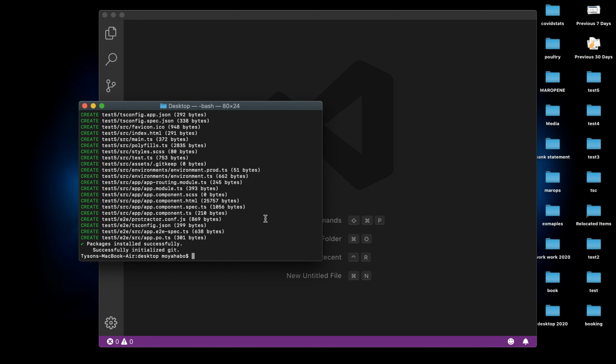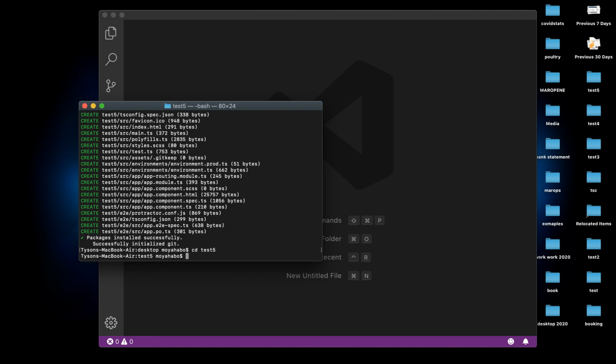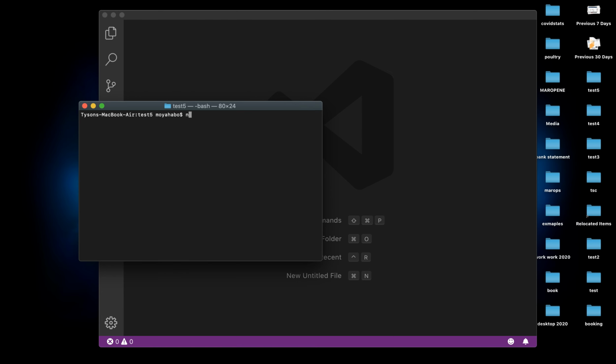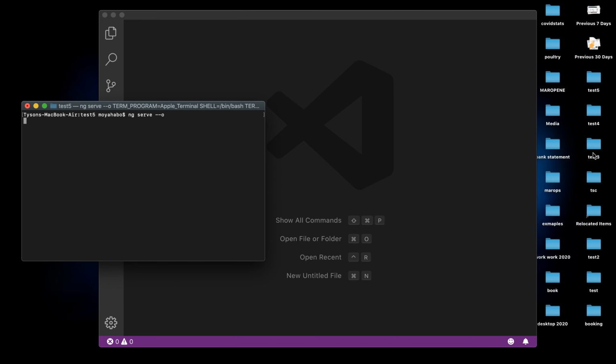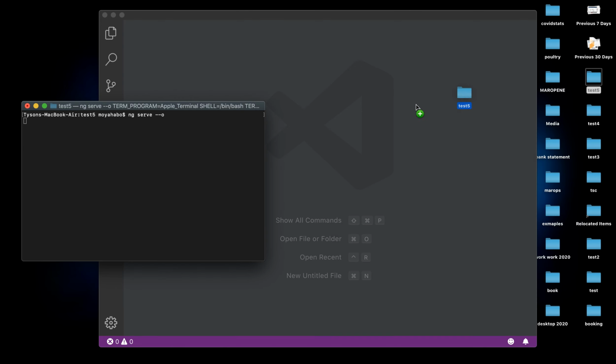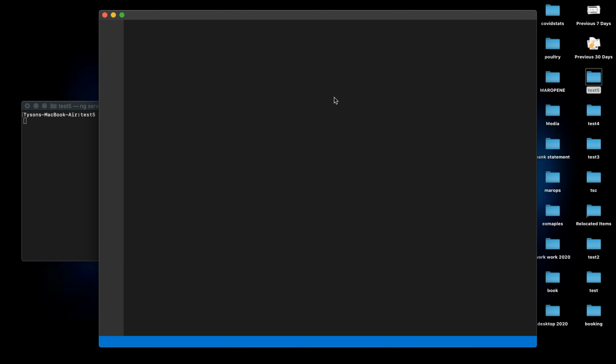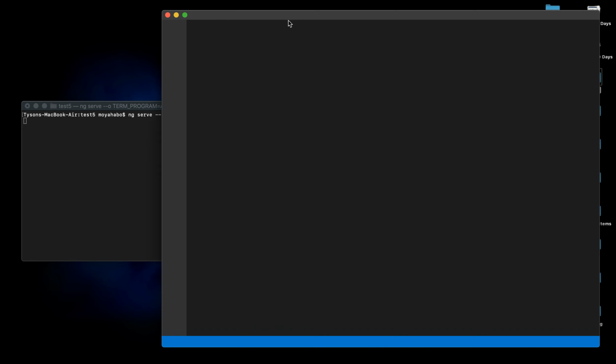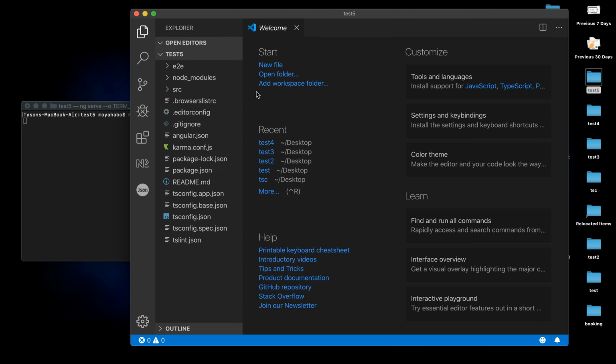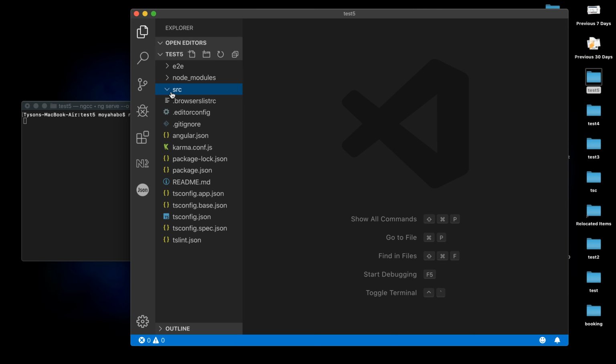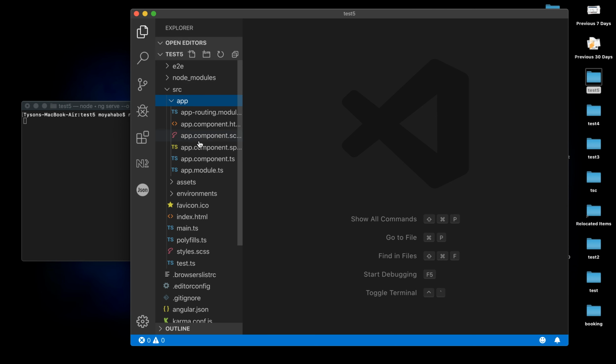Alright, now let's navigate to our project, which is test 5. Then let me clear the screen terminal. Then let's run our project. So now I'm going to go here and drag this project to the Visual Studio editor. So from here now I'm going to remove what we don't need. I'm going to app, and I'm going to remove